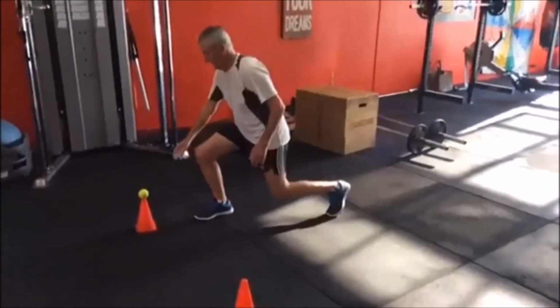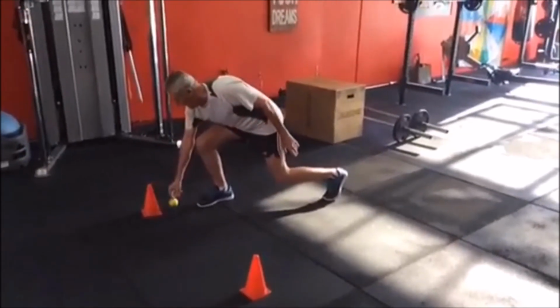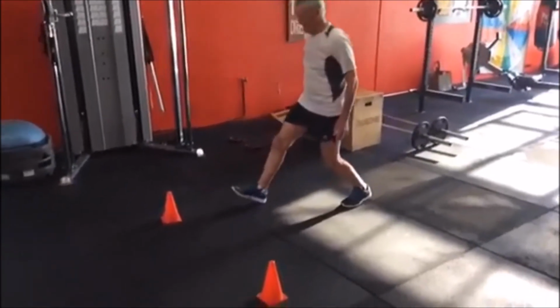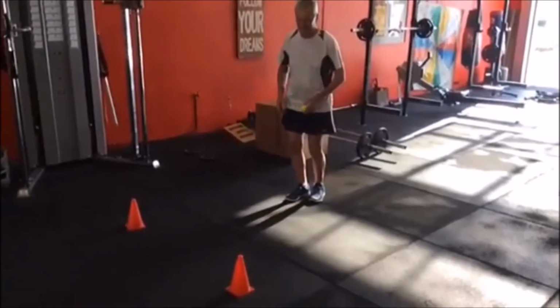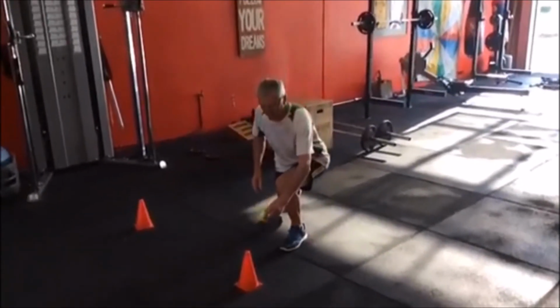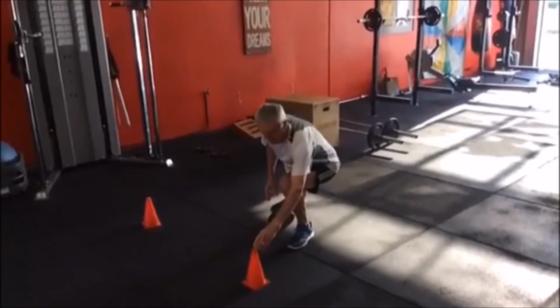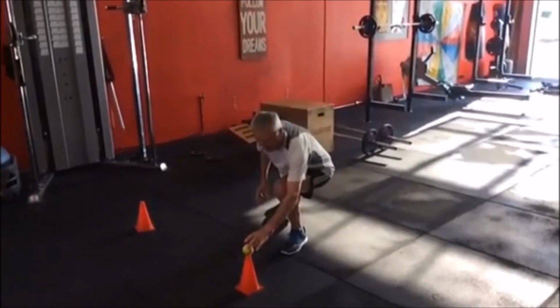So we want him to bend using a lunge. So we ask him to get that right knee down, or the left knee down to the ground, be able to grab the ball, step back to where he came from, and then place the ball back down using his other hand, or go to the other witch's hat. All right, so now we'll go from like left leg, left hand to right leg, left hand, and vice versa. You see how that ball can so easily just roll off